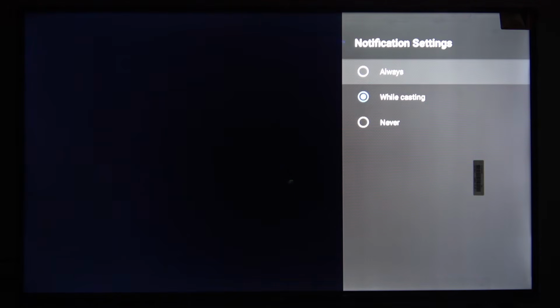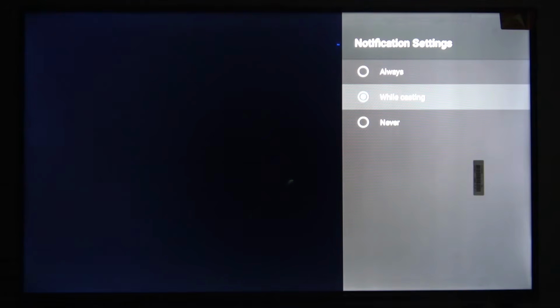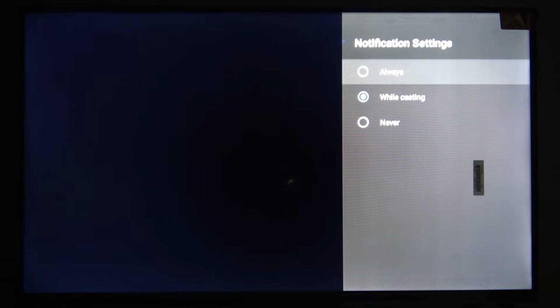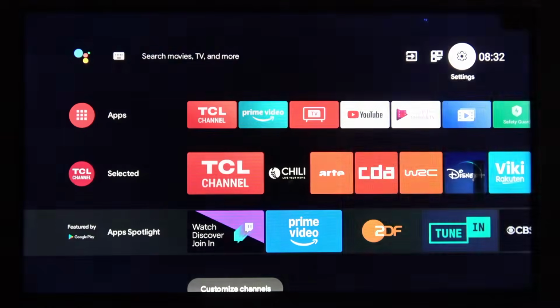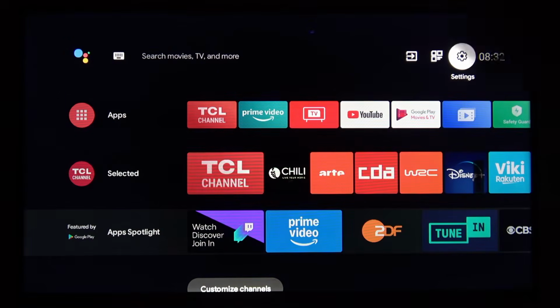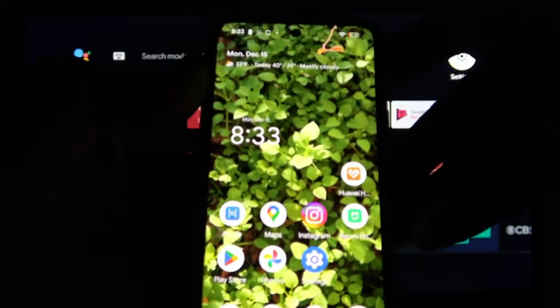So you have three options here, either while casting, so the device that is casting will be able to control your media. This is the default option. You also have always option and never option. Just select whichever you like the most, and after that you're gonna have to start casting media or your screen